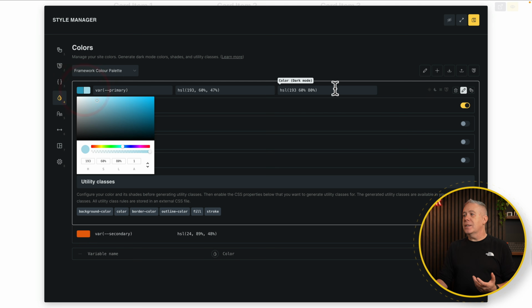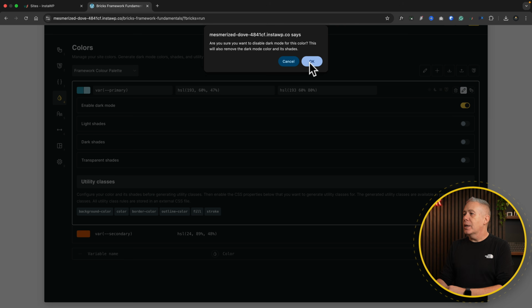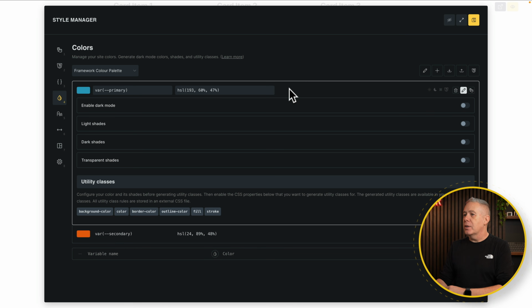So you can adjust these to get exactly the colors you want, or you can let the style manager actually work out what it thinks is going to be the best color in a dark mode. If you disable this, you can see we get a confirmation and it removes that option. For now, we're going to leave the dark mode as it is. We'll come back and switch it on in a moment just to show you how it operates with other options